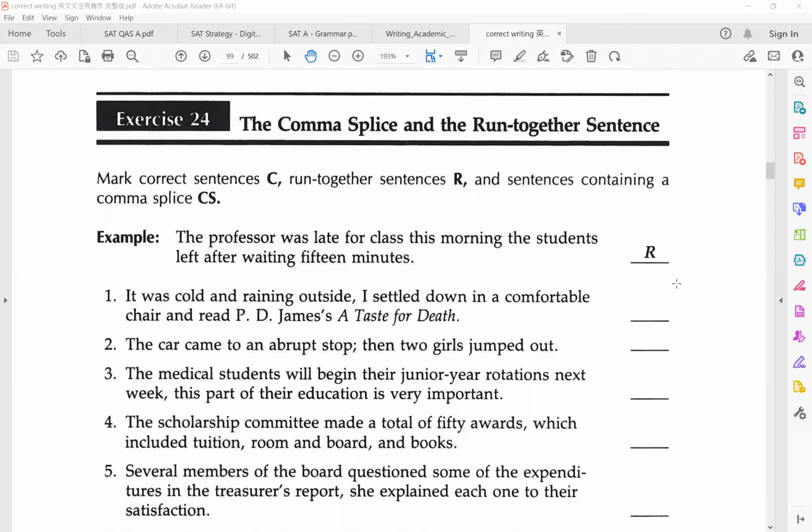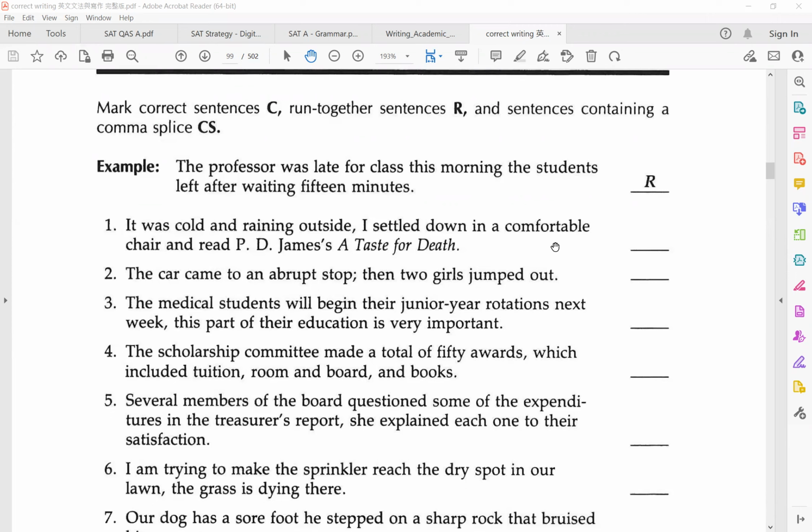So now we are going to work on an exercise on the comma splice and the run-together, or run-on, sentence. Some sentences are correct. We can just write a C or a check mark. But for run-on sentences or comma splice sentences, I want you to correct them accordingly. And remember one thing, when the sentences get too complicated, we can always start by crossing out the phrases, especially